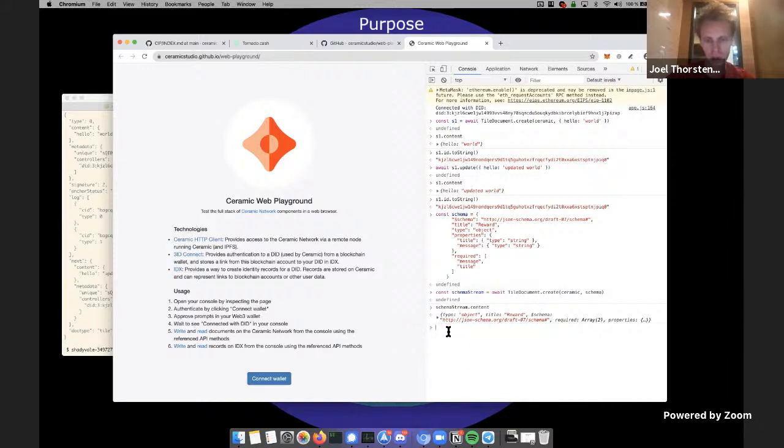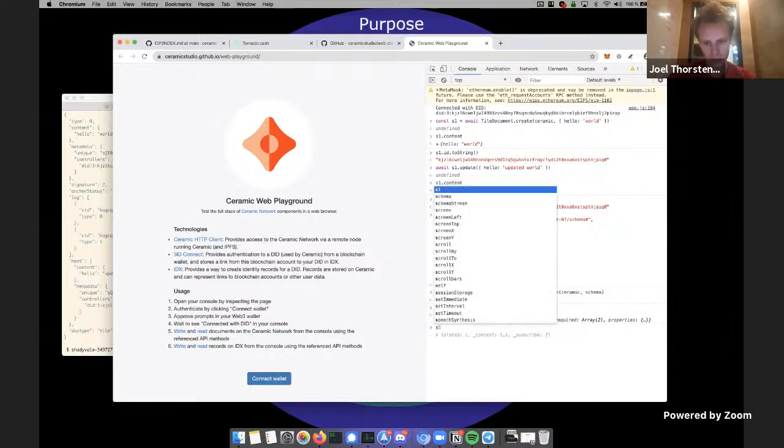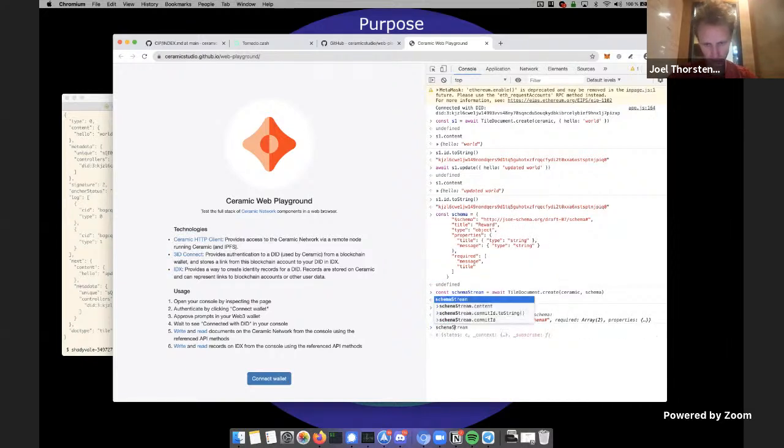Now I want to create a stream that uses this schema as a way to enforce the content. In order to do that, I first need to check the current commit ID of the schema stream.